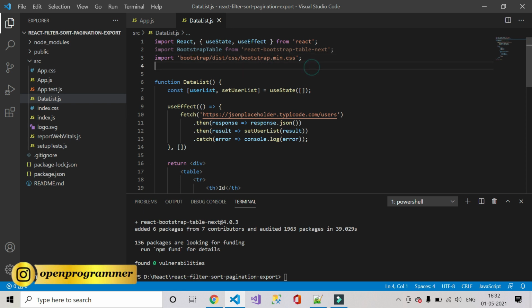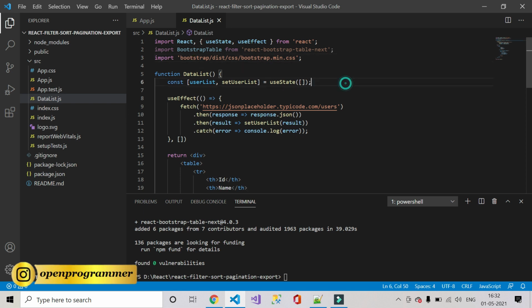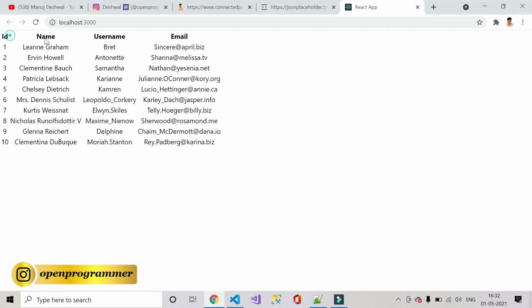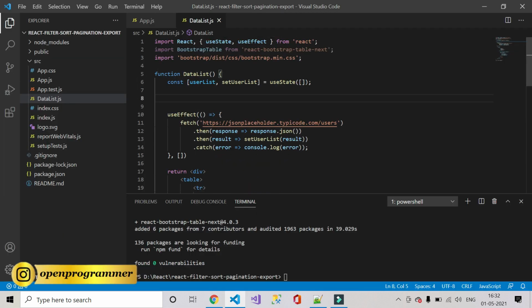also a CSS. Now like we are using these 4 columns. All right, so for using this bootstrap table we need to create an array of columns.